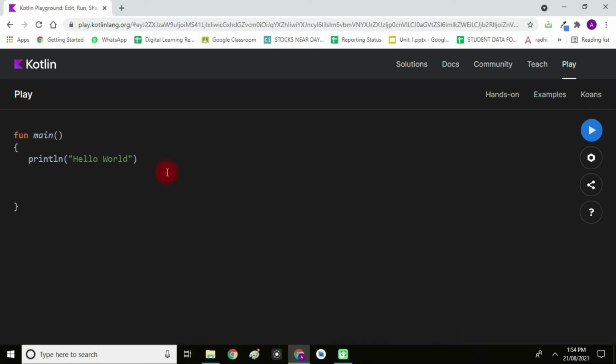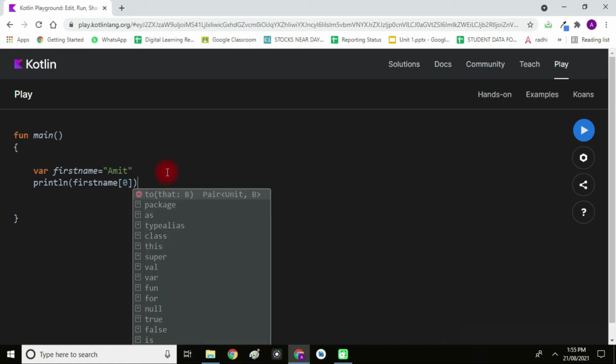Now let's understand the string. Let's say I am creating a variable, first name equals Amit. If I want to print the character at the first location, I will write println, first name of 0, because the string stores the data in an index, and this index starts with 0.